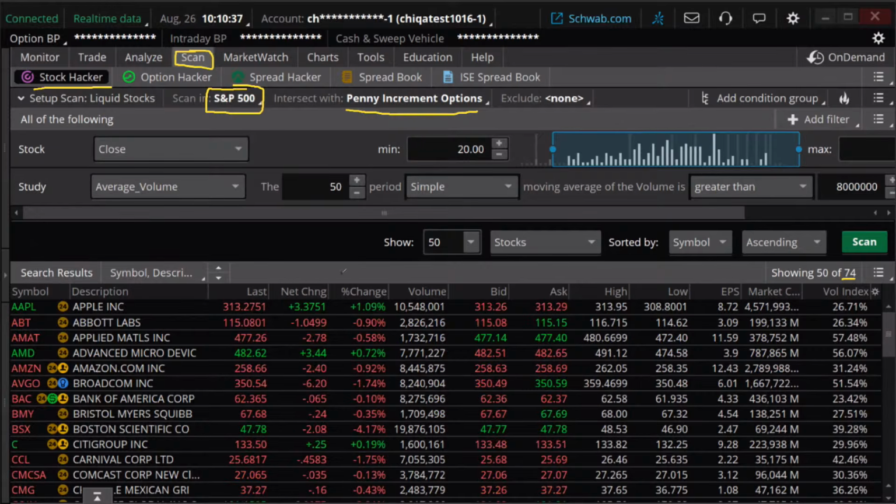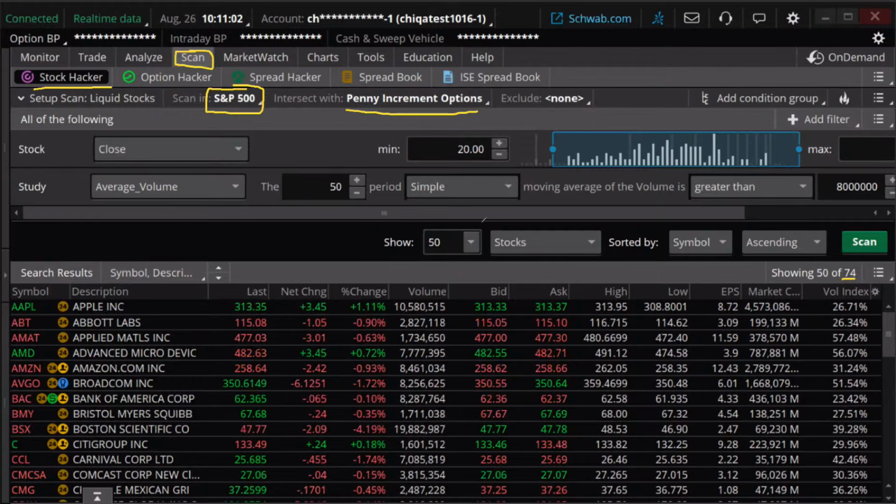The whole point of this isn't bullish or bearish. The whole point of this list is I'm using liquid stocks, finding stocks that are more likely to be conducive and appropriate to option trading, whether they're bullish, bearish, or neutral.